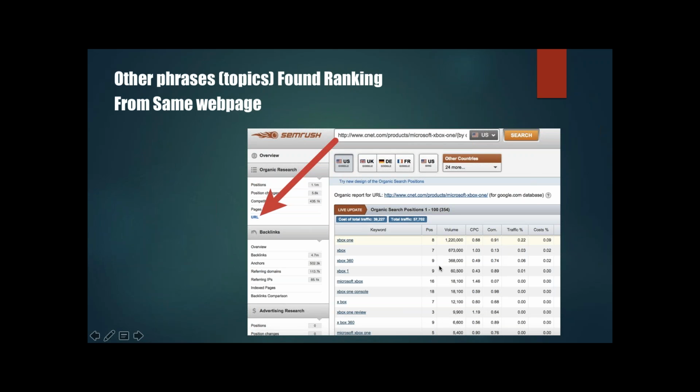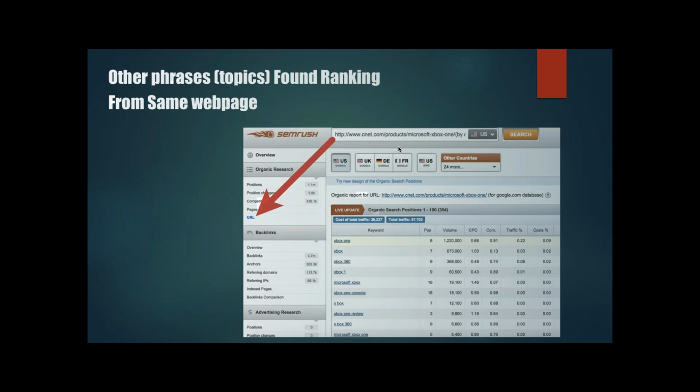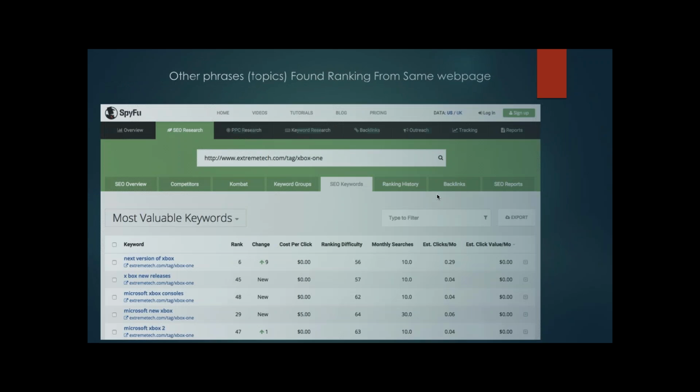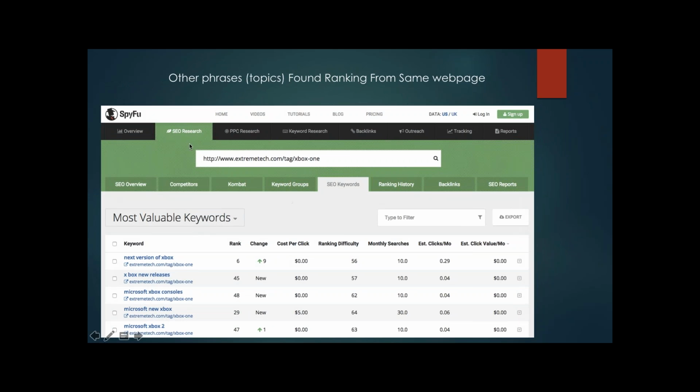And then, you know, another way of looking at this, as far as the process we're using, let's actually look at another screenshot tool. So this is doing the exact same thing, but from SpyFu. And these are the other words that appear on one of these big authority pages that I found in the top 10. So what if we saw here the Wizard of Oz? And you would say, oh my God, what the heck? That's not related to this.